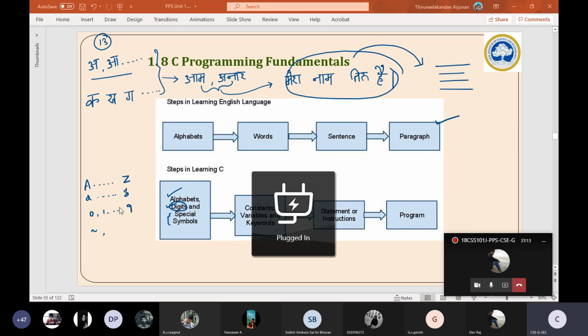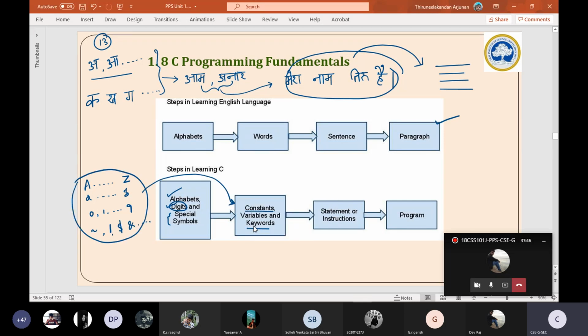What is a constant, what is a variable, and what is a keyword? A constant, as the name signifies, is something whose value remains permanent for the entire flow of execution of the program.